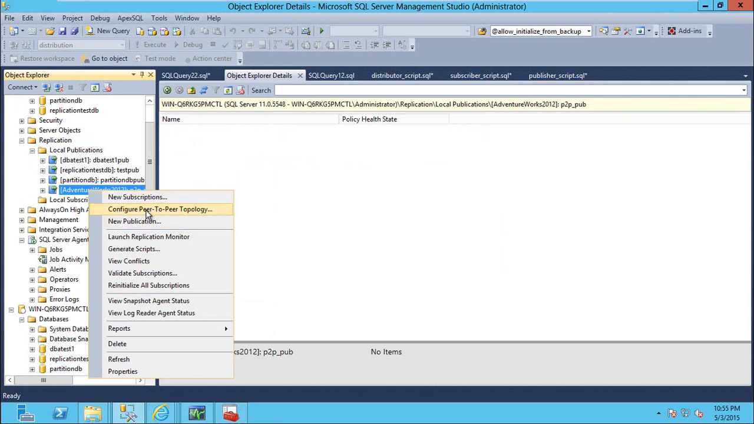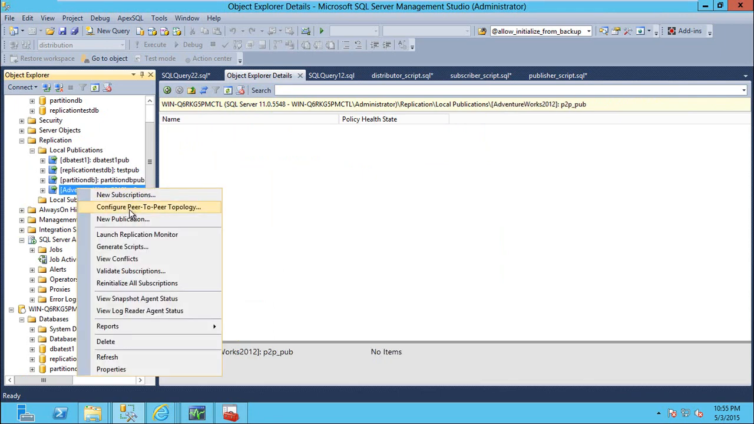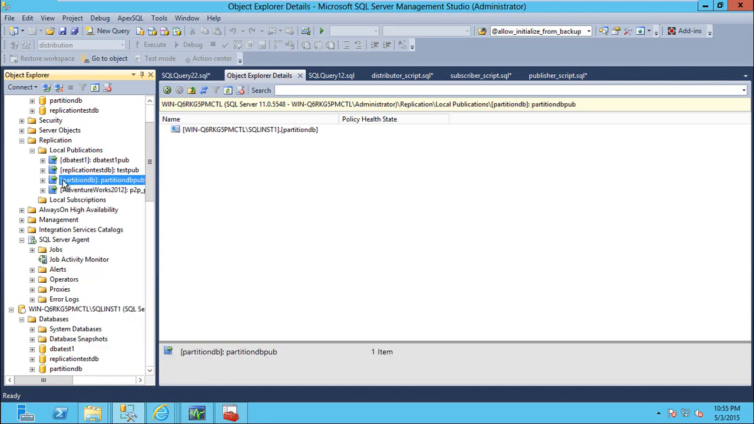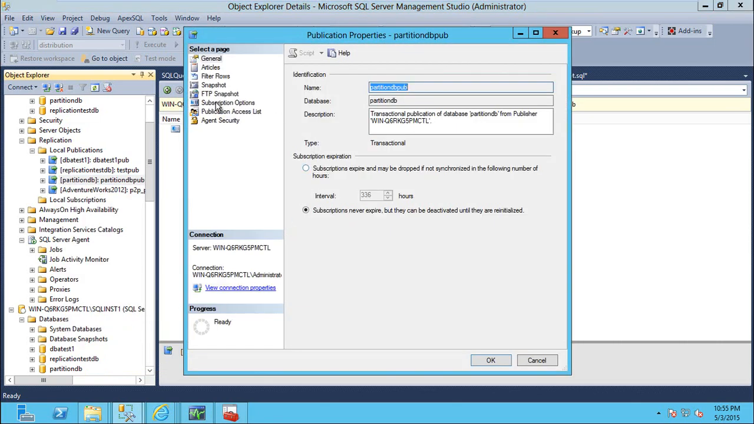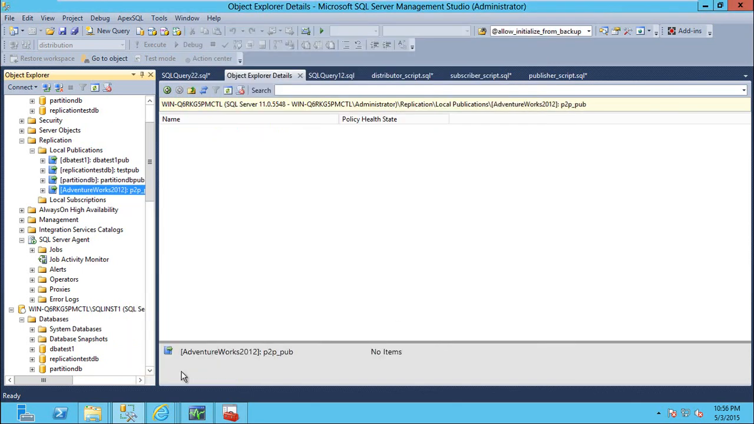So now you see that when you right click here, you don't see configure peer-to-peer, but you do see configure peer-to-peer topology. The reason is, if you take a partition DB or the remaining transactional replications that we have created, you don't see that option. Let's take a look at the properties. You see that here peer-to-peer is not allowed. Okay, so peer-to-peer is false, but for this one